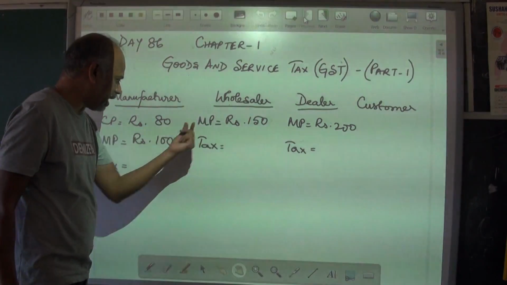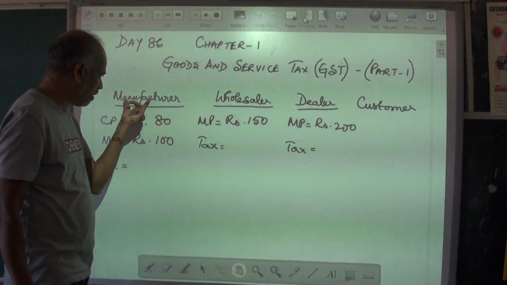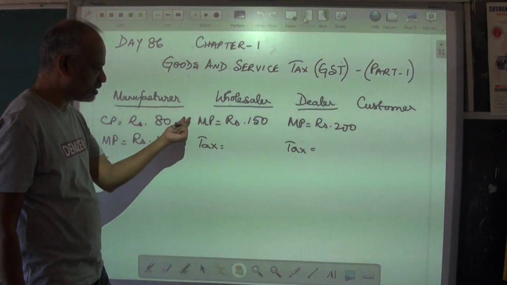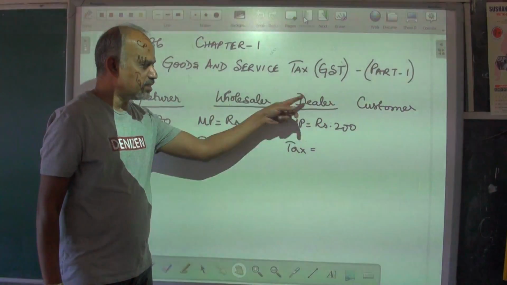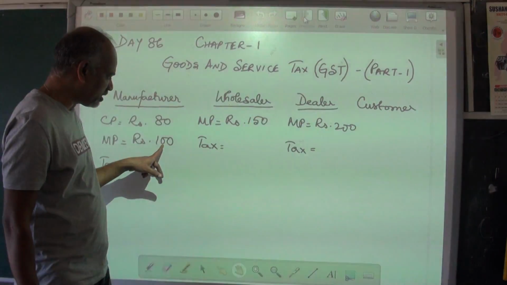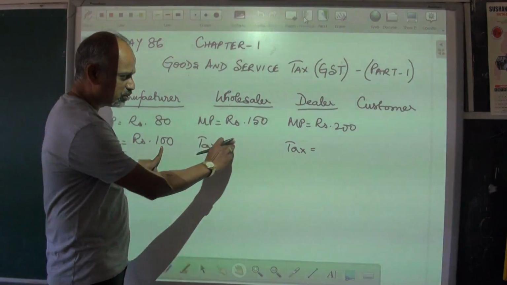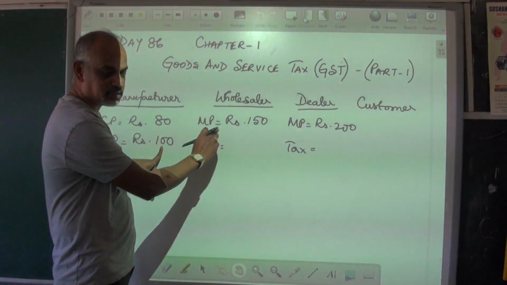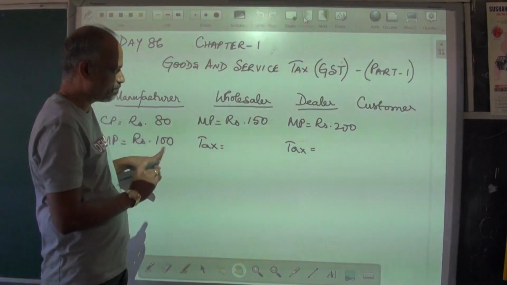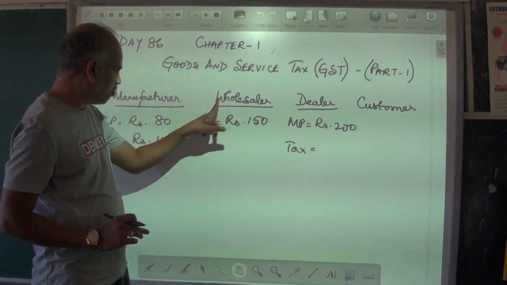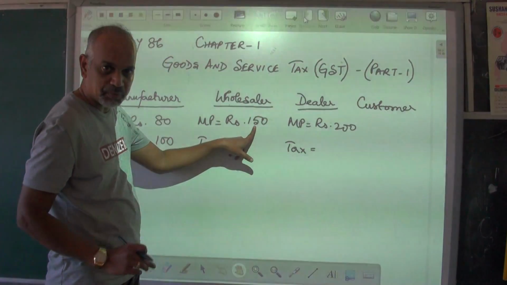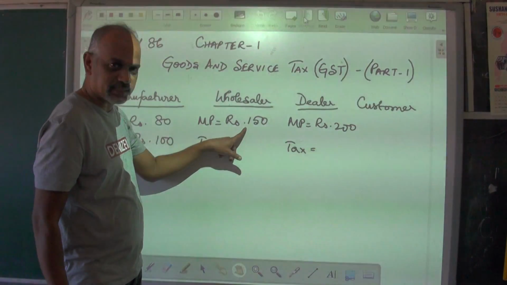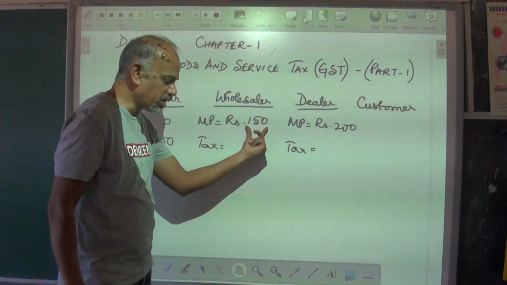Now the wholesaler buys it from the manufacturer for 100 rupees. Okay. And the wholesaler sells it to the dealer by increasing the price from 100 to 150. He increases by 50 rupees. Okay. So the wholesaler bought it for 100. He increases the price by 50 more rupees and he is going to sell it to the dealer for 150